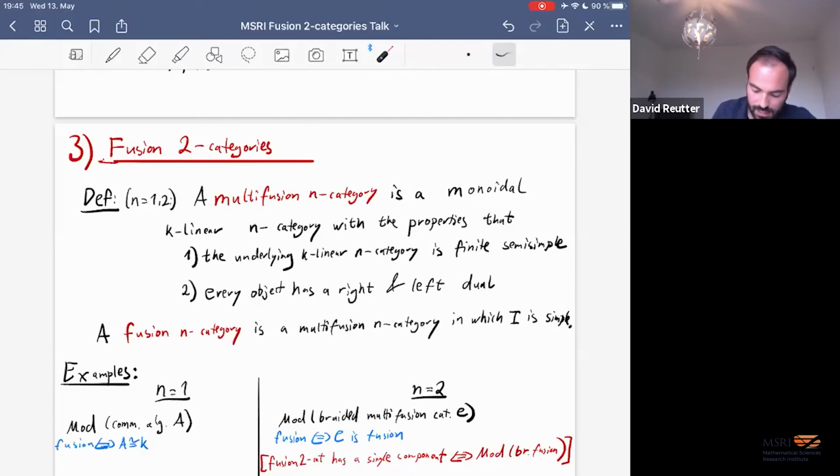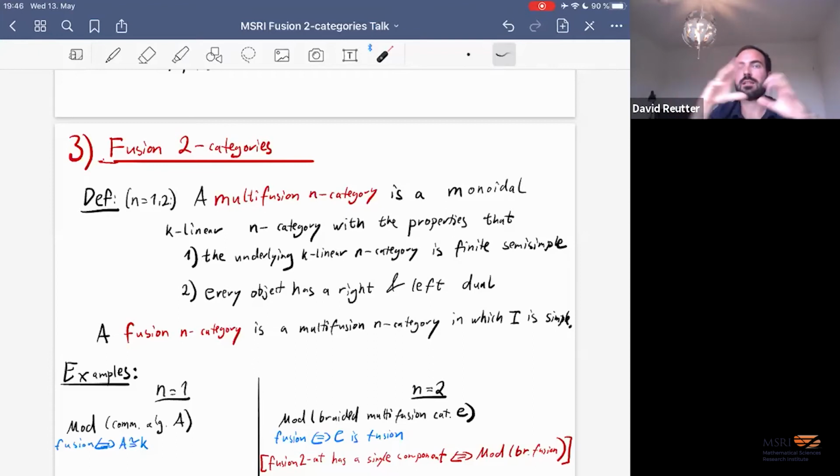And in fact, one can show that a fusion 2-category has a single component, a single block, if and only if it is modules of some braided fusion category. One way to see this is that I said earlier that if I have a single block, it's completely determined by the endomorphisms of every single simple object in there. So I can go to the tensor unit itself and look at the endomorphisms. Now, the endomorphisms of the tensor unit in a monoidal 2-category is a braided monoidal category, because it's like a monoidal 2-category with a single object. And